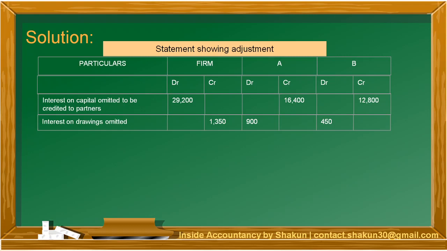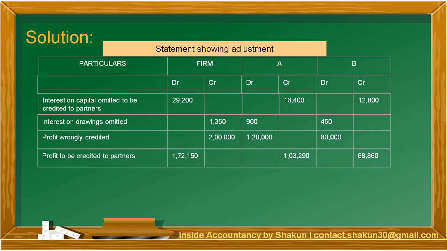Now, because of these two omissions, the profit that was given in the question obviously becomes wrong. So, profit wrongly credited means the profit of 2 lakh which has already been credited to partners is now wrong because of two omissions that came up. Therefore, this 2 lakh has been divided between A and B and it is mentioned on the debit side. Why debit side? Because we are writing back the profit. This is not the profit that we are sharing between the partners. This is the profit that has already been shared and now is being written back.